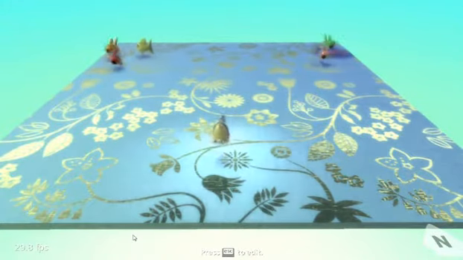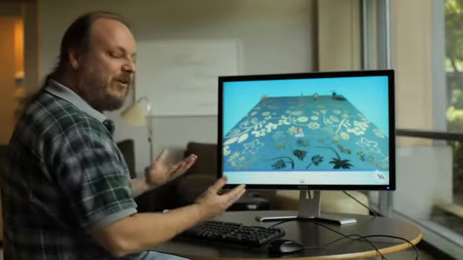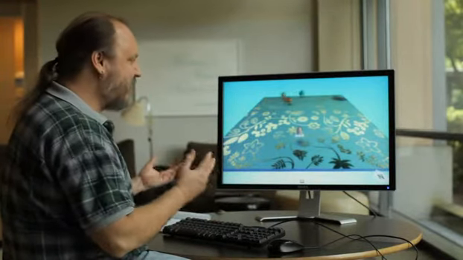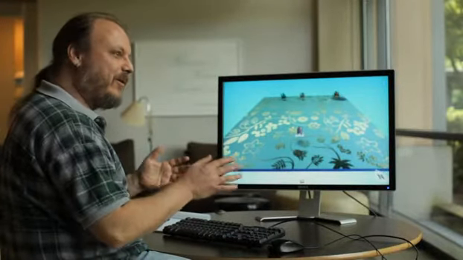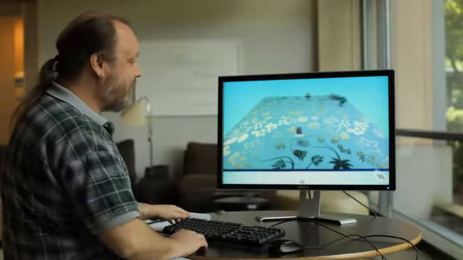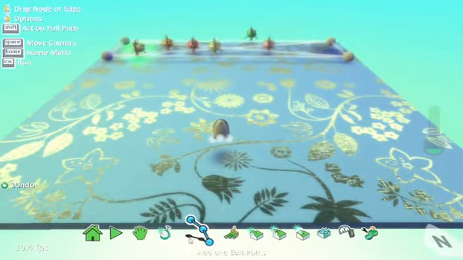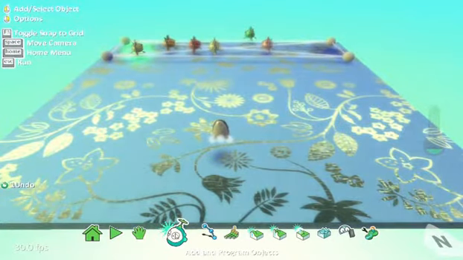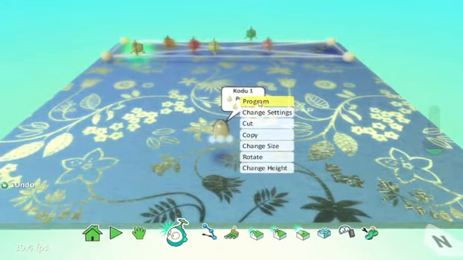So now when I hit the space bar, it fires a missile, but he can only shoot straight, which is a little bit constrained. So let's go ahead and go back and give him the power to turn left and right. So once again, press Escape to edit. I hit Escape. I'm back in the edit mode. I choose the Object Edit tool at the bottom, which lets me then right-click on Kodu, choose Programming,